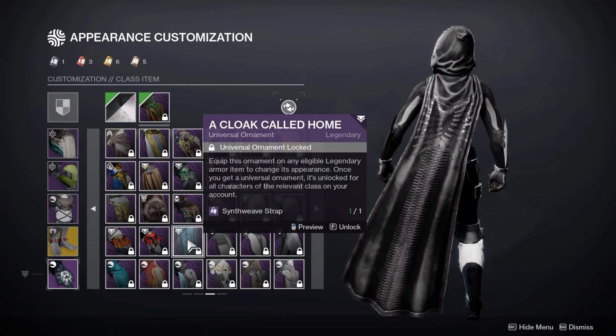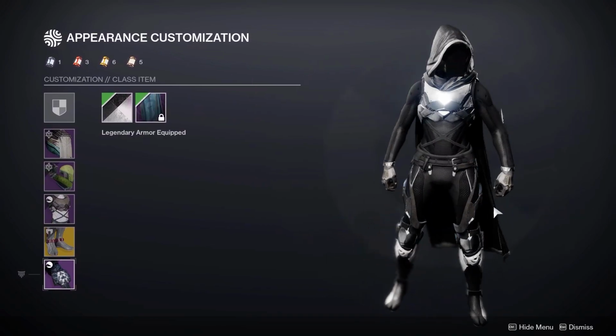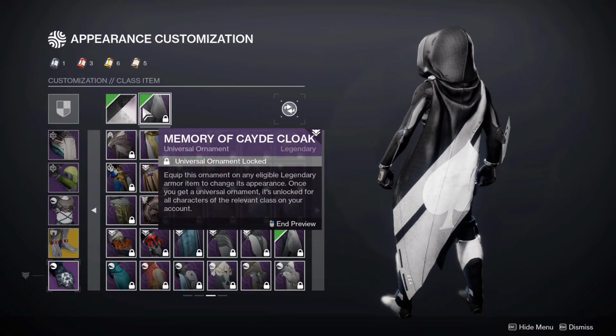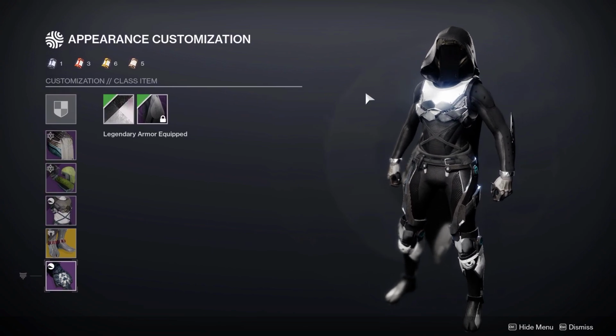Now some other cloaks from legendary engrams which look really nice is the cloak called Home, as you can see, very good for a faceless look as well. And another cloak I'd recommend is the Memory of Cade cloak. Now I would not recommend this for a faceless look, but as you can see it has a really nice